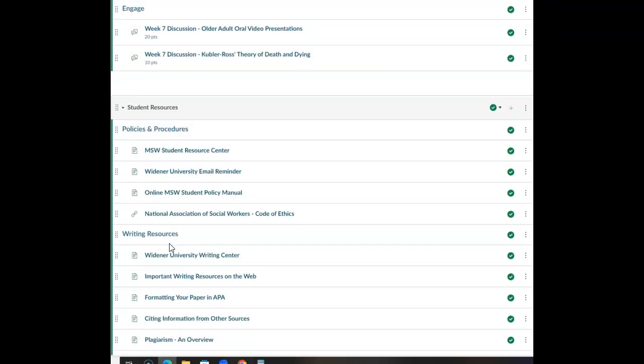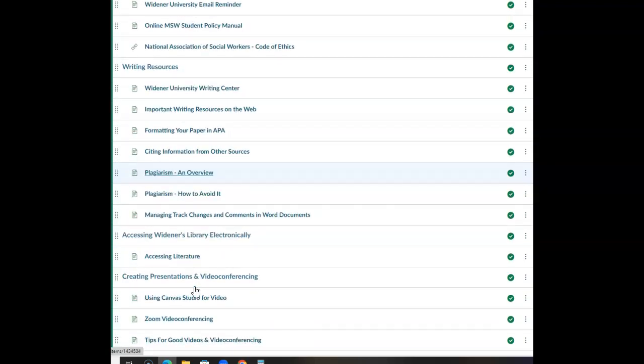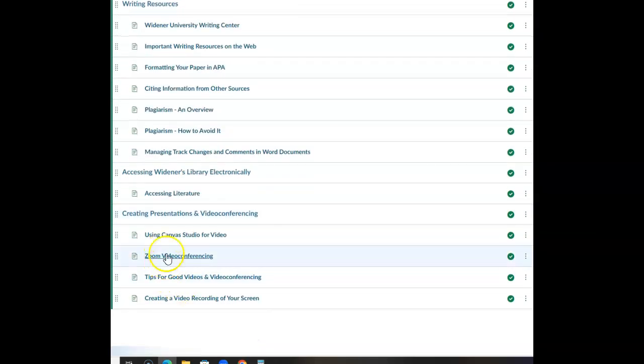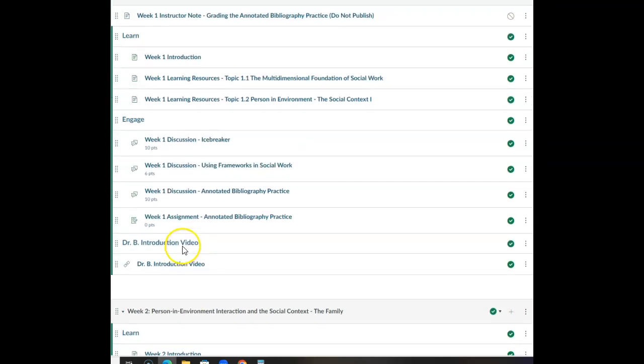So there's also the student resources. It's got some really good information, how to format your paper in APA, what plagiarism is and how to avoid it. There's how to use Canvas, how to use Screencast-O-Matic, how to use Zoom, those sort of things. So if you're not familiar, these are really good resources, videos for you to read and watch. Okay, so that's a quick overview